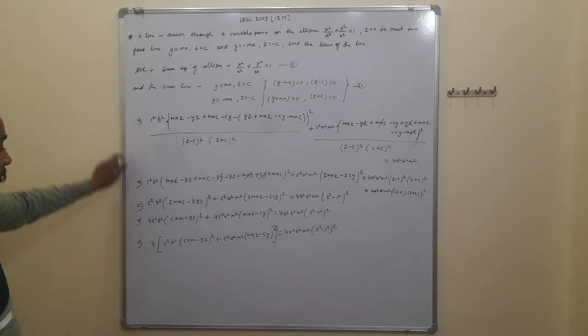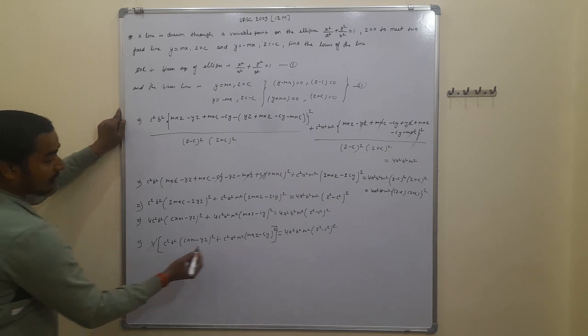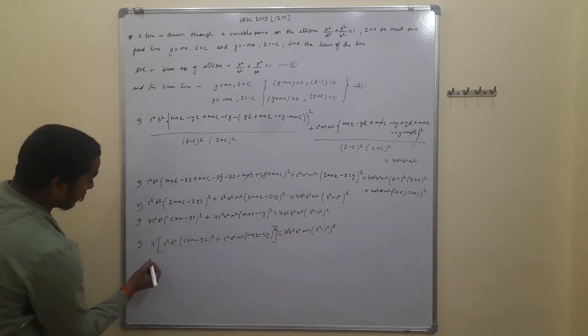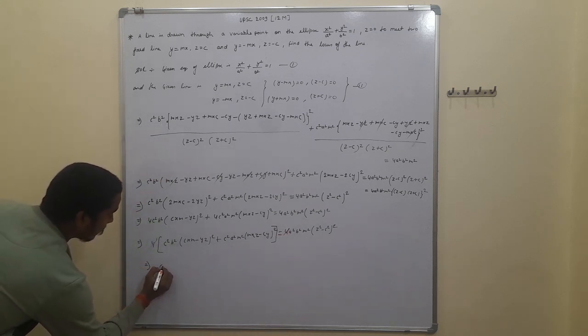From here, 4 to 4 is cancelled out, then the remaining is c square